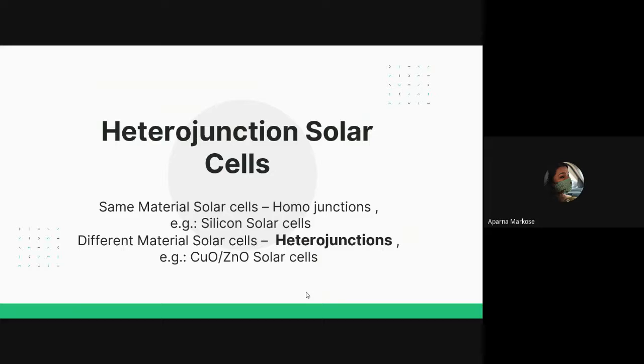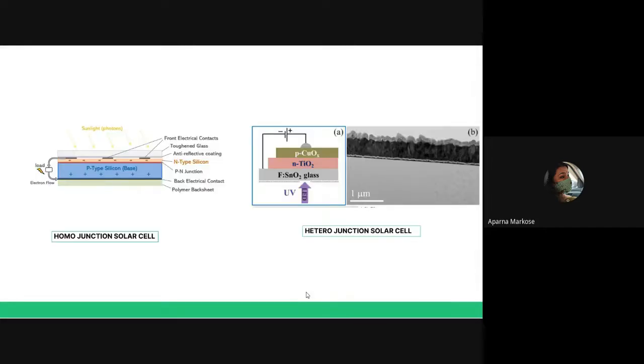In here we are using different p-type and different n-type material and bonding them together to create a p-n junction, and this p-n junction will be acting as a solar cell. So this material is not only for solar cells, we are also using this kind of heterojunctions in various fields. In all the semiconductor fields we require this kind of heterojunctions. They possess different properties than homojunction solar cells and materials. So this is the structure.